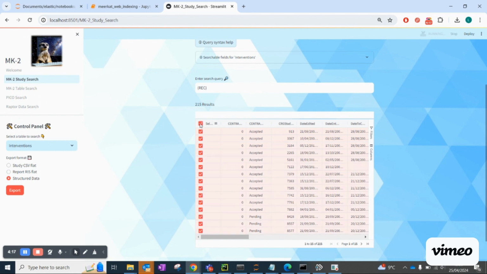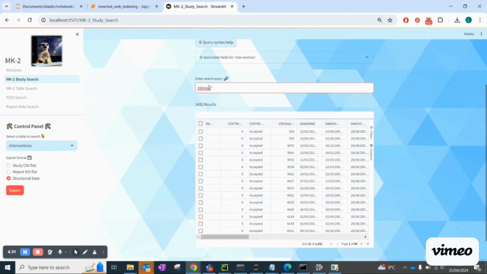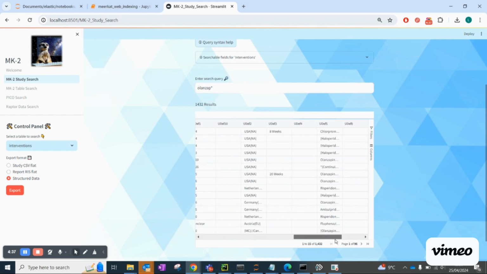So it's probably going to take another little while, but you could, for example, download all 215, or again, you could just do a wildcard search. And here now what is going to happen is all the studies with the intervention matches olanzapine are going to be retrieved here, and this is of course a lot of